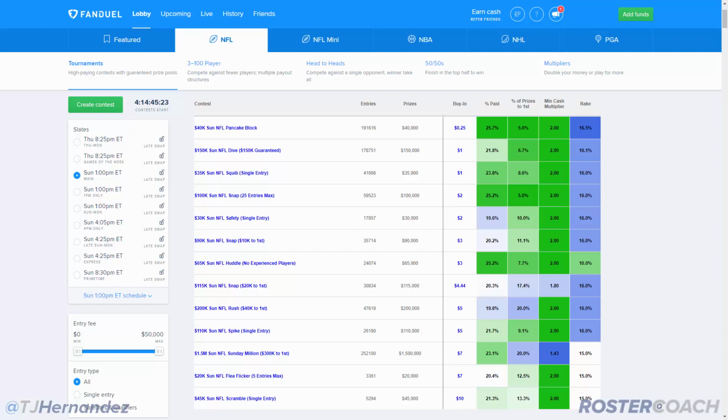So here we're starting with games up to the $10 level. These big contests, pretty much the same as last week. The Sunday Million, same exact structure. We see a $300,000 first place prize out of a $1.5 million prize pool. So 20% of the money is going to first place. If you're playing lower stakes games and you want a shot at $20,000 or $40,000, but don't necessarily want to play that huge contest, there is the